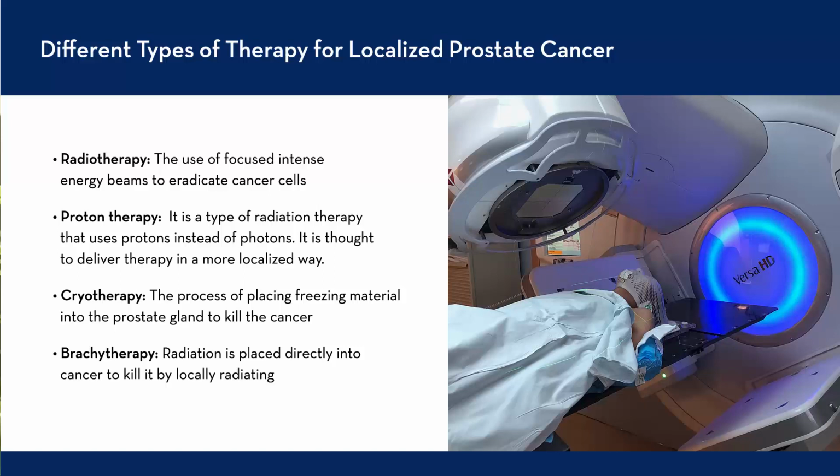So a skilled radiotherapist or radiation oncologist will identify where the prostate cancer is, and then will target that prostate cancer with high-energy X-rays, which can be focused on that cancer and basically eradicate it